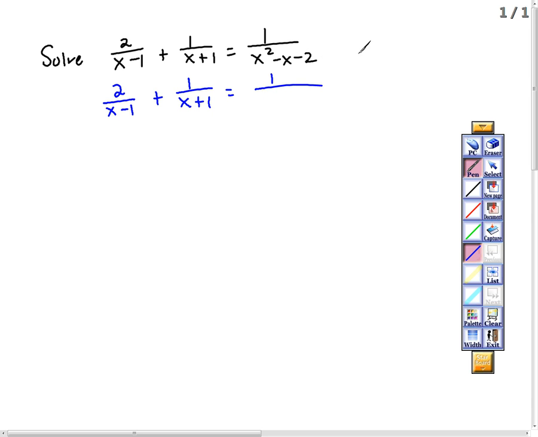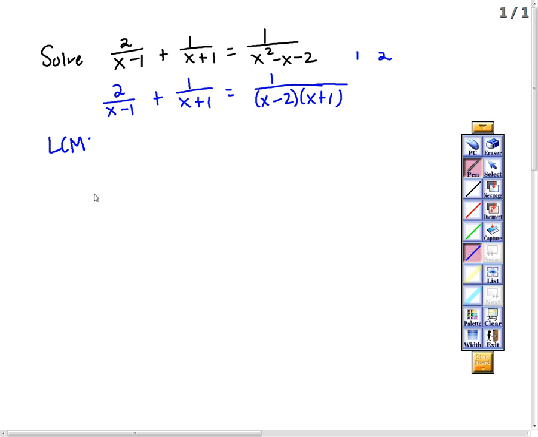I need factors of 2, 1 and 2, that subtract to give 1. So I get x minus 2 times x plus 1. Does that do it? x squared plus x minus 2x minus 2. Looks like that's it. Okay, once you factor, then we're going to look for the LCM, the least common multiple